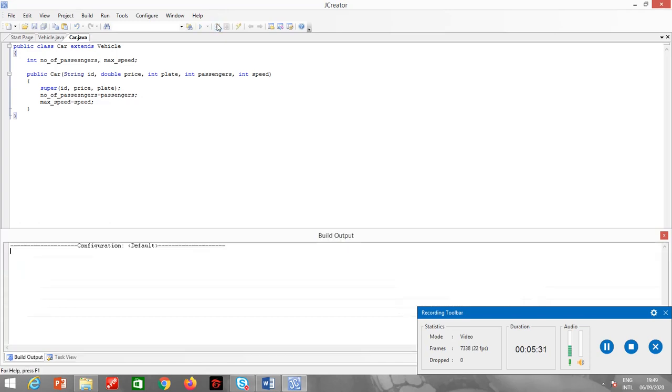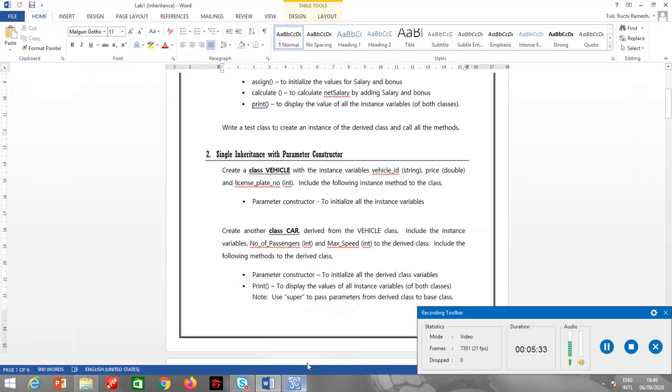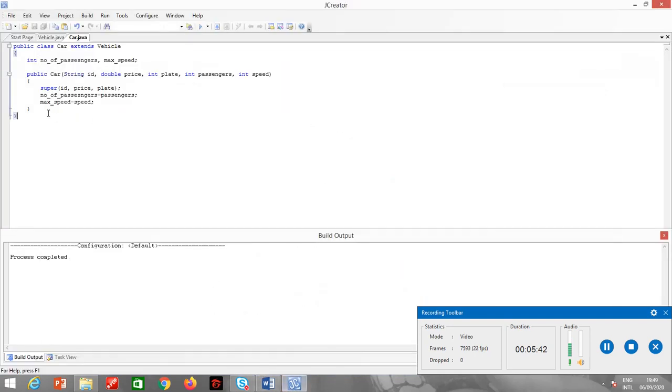Alright. Okay, now I should have a print method in the class car to print the values of all the instance variables of both the classes. That's it. So public void print, okay, system.out.println, and the vehicle ID is, what is the vehicle ID?